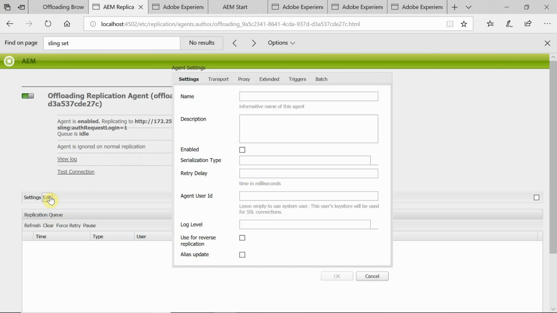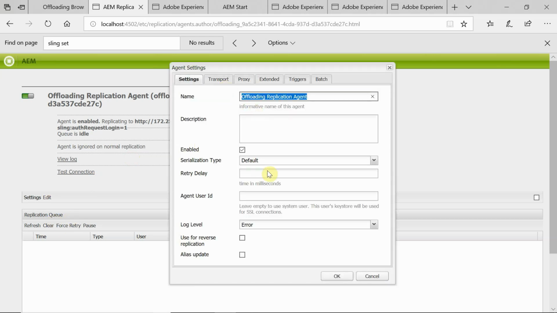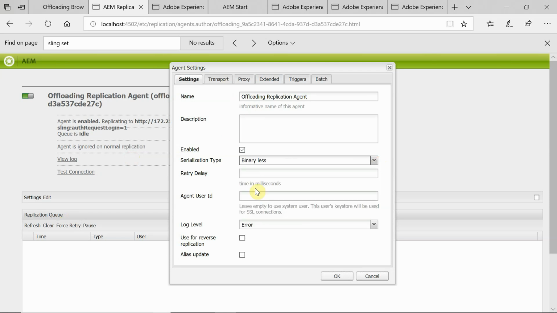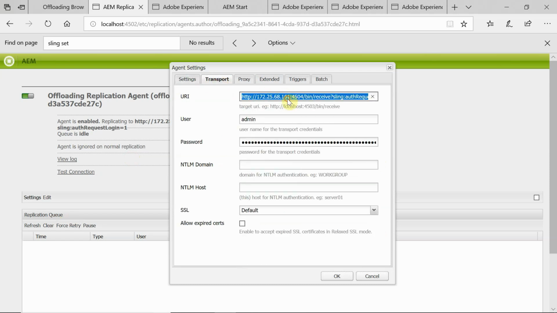Just edit this. One change here is the serialization type. Change it to binary less, because I am going with the shared data store, otherwise you can ignore this. Also let me keep the log level as debug for us to verify the logs. Then I go to transport. Here let me change the IP address. Sometimes the IP address doesn't work on my local system, so I'm going to keep this as localhost. Then ensure the credentials are entered.